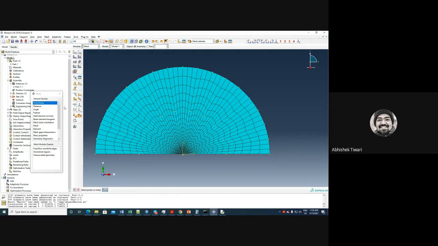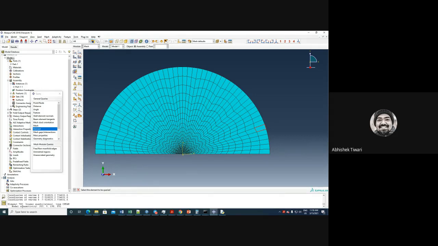Why is it not telling me the node number? I know it is not telling because we have a geometrical point also there. So let me find out the element information.